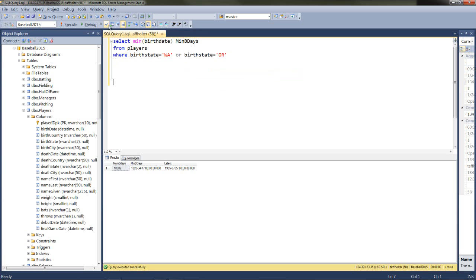Okay, let's check it. It says okay. Let's execute it. So the minimum birthday would have been 1868. April 10th of 1868 would have been the earliest birth date from a player from the states of Washington or